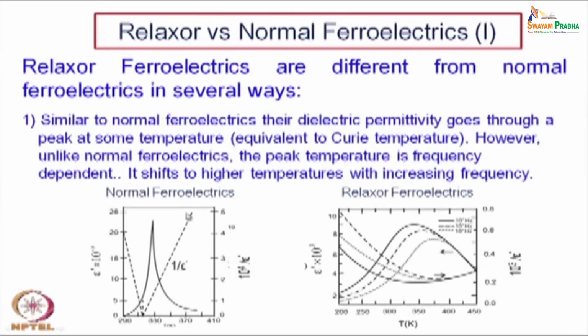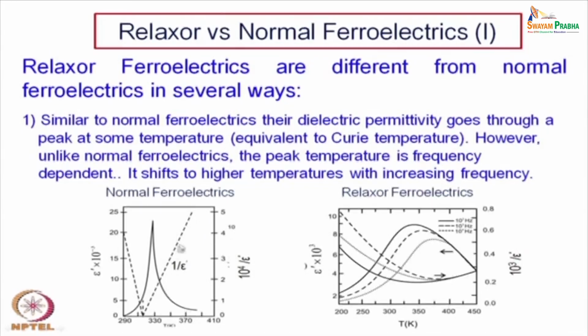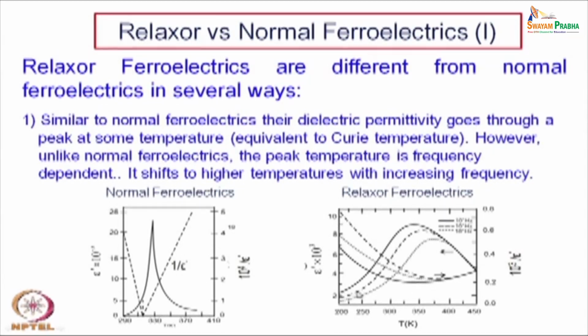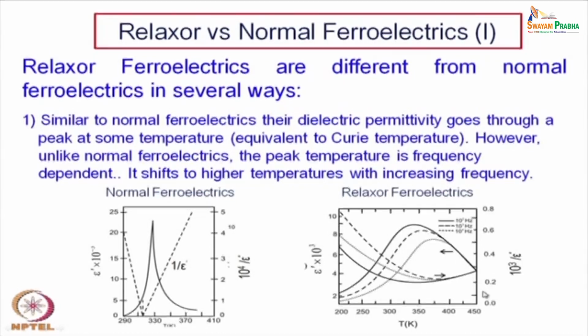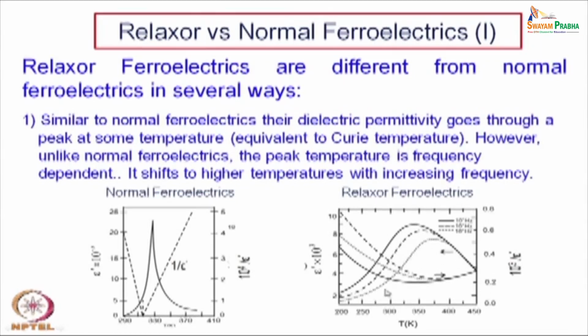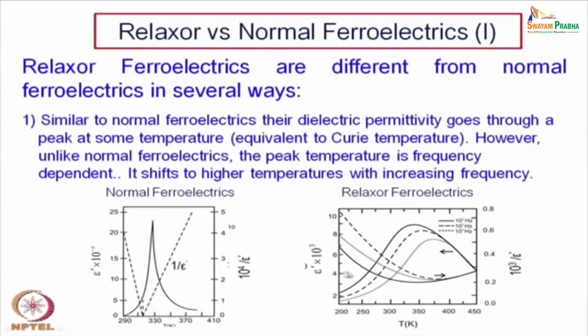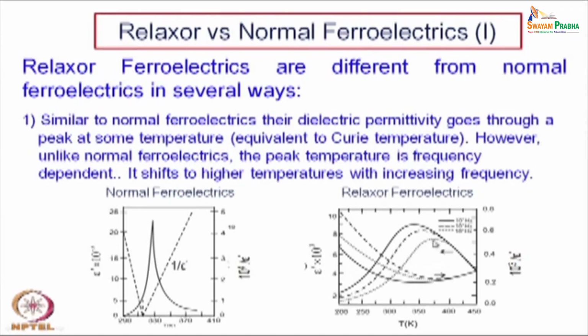This is of course 1 by epsilon prime, a straight line, whereas here this also goes through a peak, but one can see the distinction between this peak and this peak. This peak is a very sharp peak and this peak is a broad, blunt peak, and not only that,